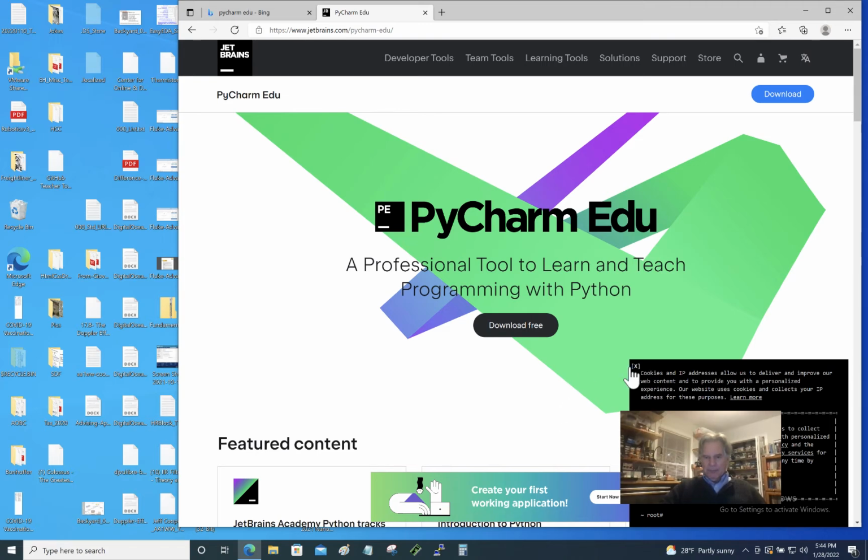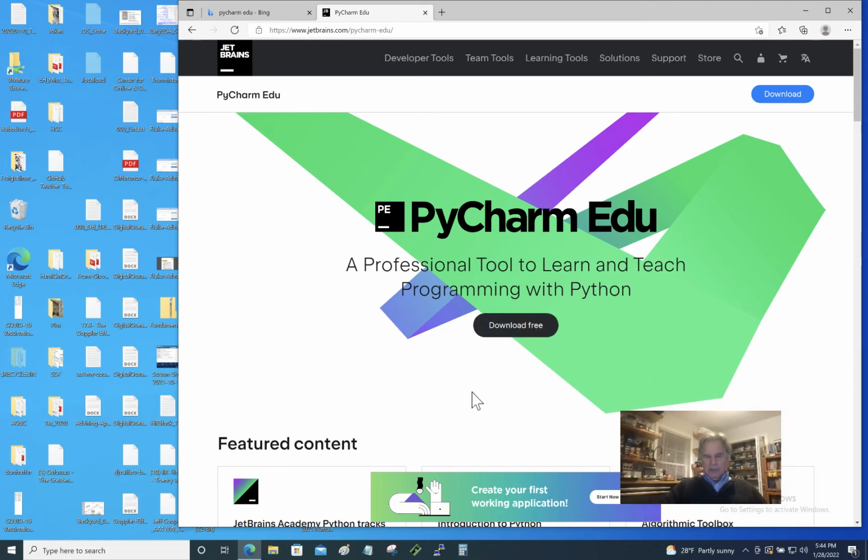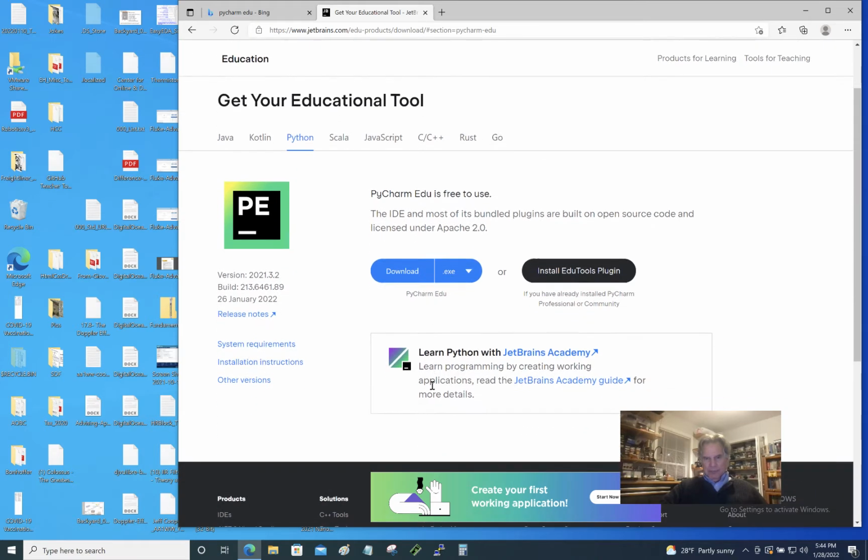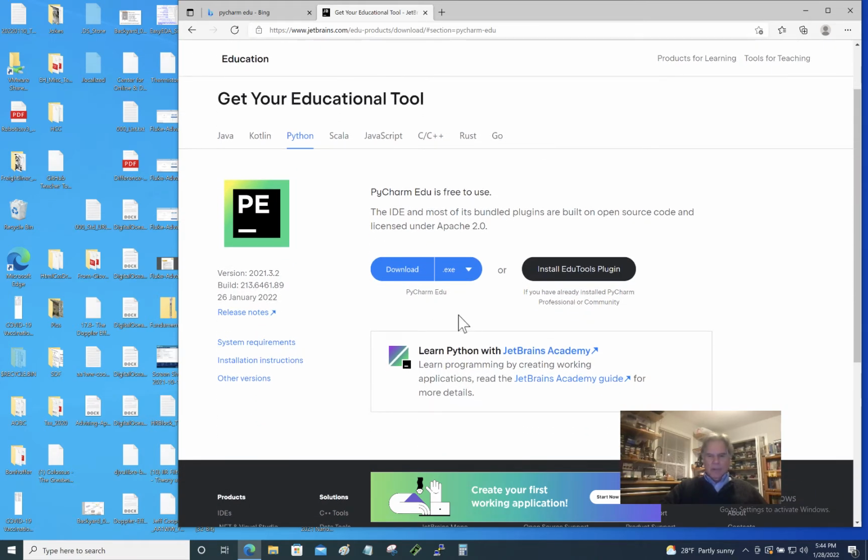Of course, we don't have time to go into all the meaning of that, but let's click the download free button, and we come to another thing here that says download.exe, and the options here are different kinds of files for installation on different systems. It seems to have detected that we have a Windows system, so it's offering download the .exe version. So we click that,